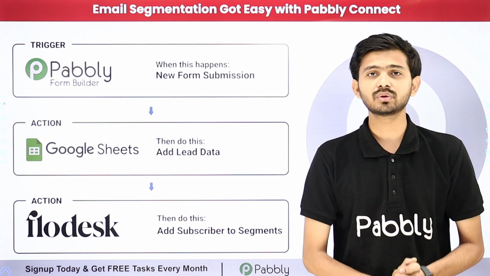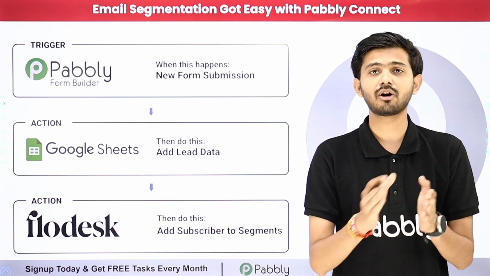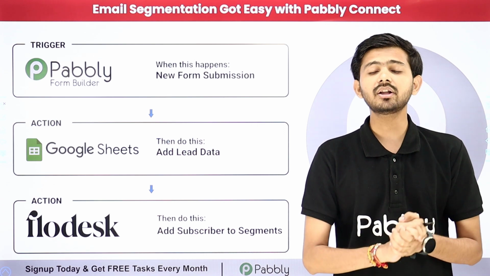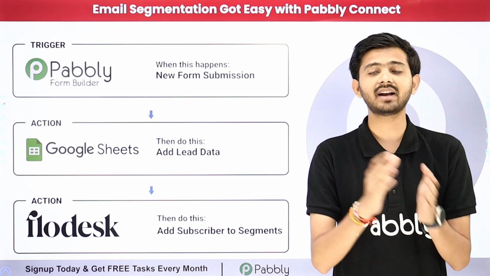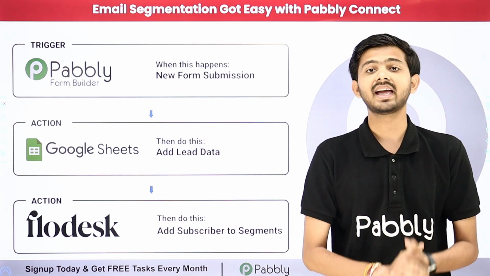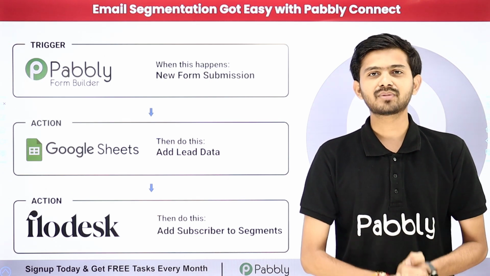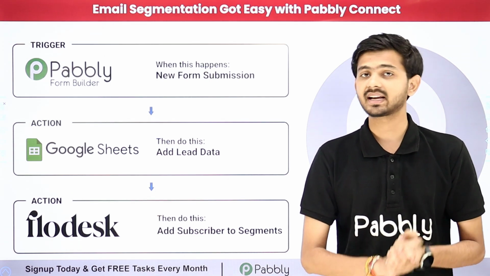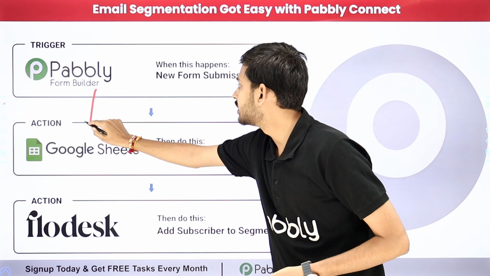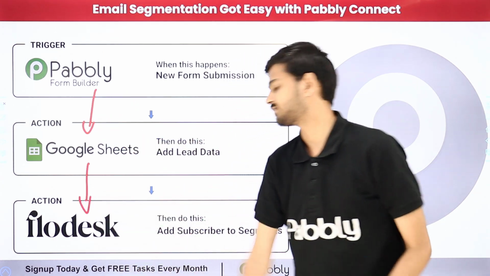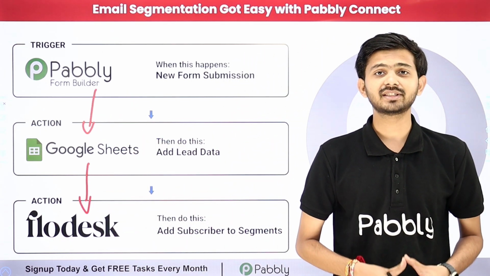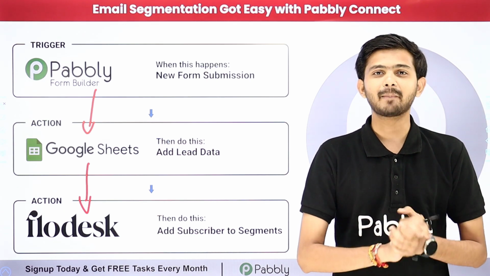So here I'm going to use a condition on the basis of the business sizes, and according to the sizes of the business, I'm going to add the subscribers in different segments in Flodesk. For my objective, I need to build a connection between Pabbly Form Builder, Google Sheets and Flodesk. For building this connection, I'm going to use Pabbly Connect, which is an amazing software